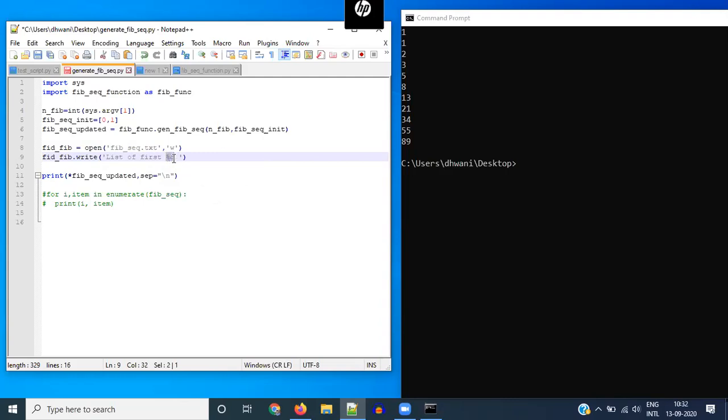And this, you can refer to this %d later in the form of some variable. So that variable will get printed in place of this %d. So right now I want to say in place of %d, 10 or 20 or whatever that the user has passed when they call the script. But I don't already know it beforehand, so I can't write the value here.